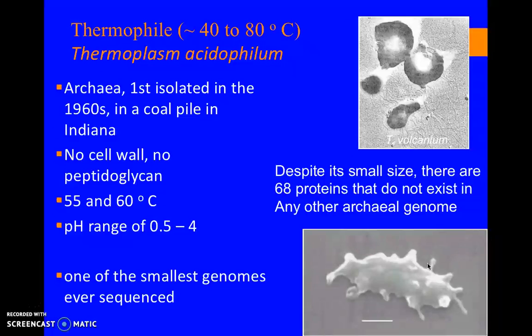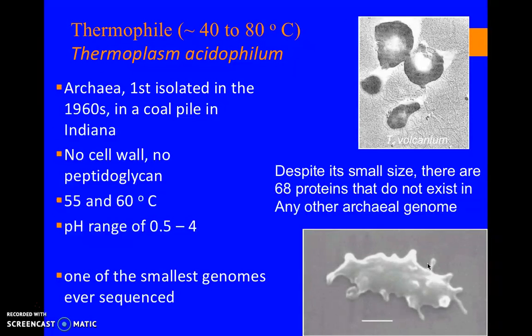Another key clue to the growth conditions required by this organism is the species name, acidophilum. It really prefers, or as the suffix phile implies, it loves acid environments with a pH range for growth of 0.5, which is extremely acidic, to 4. So if you've ever heard of acid rain or acid drainage from coal mining, this is what we're talking about: the extreme acidic leaching materials from those coal piles and the heat that's generated when they have this extra smoldering ignition that can occur in this combustible coal is the ideal, really hot, acidic growth condition